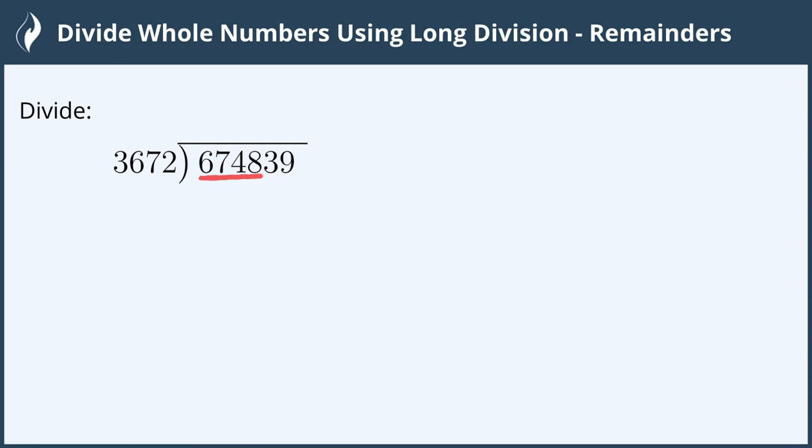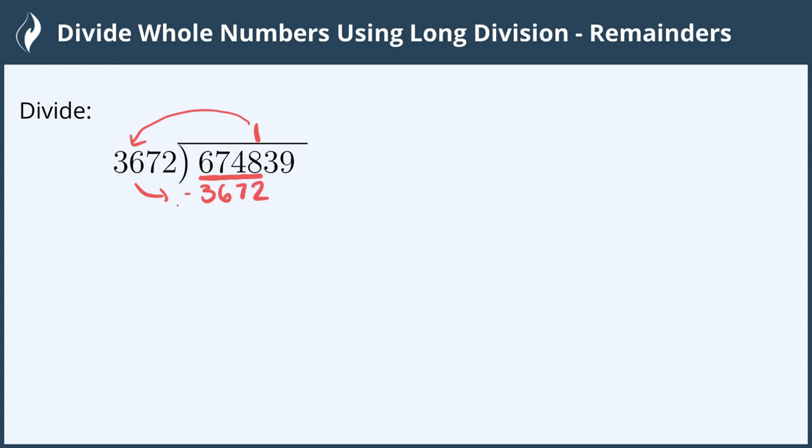3,672 will go into 6,748. And if I were to try and go in 2 times, that would be close to 7,000. So it's only going to go in one whole time. So we are going to multiply 1 times 3,672. The product goes here,